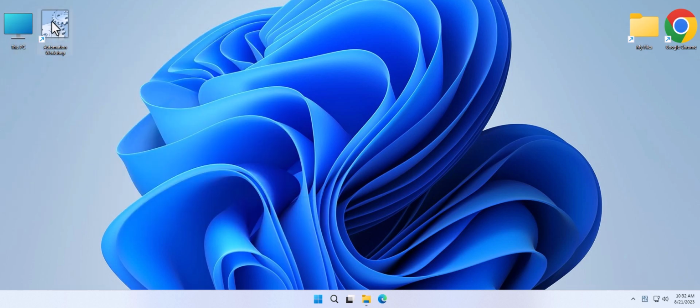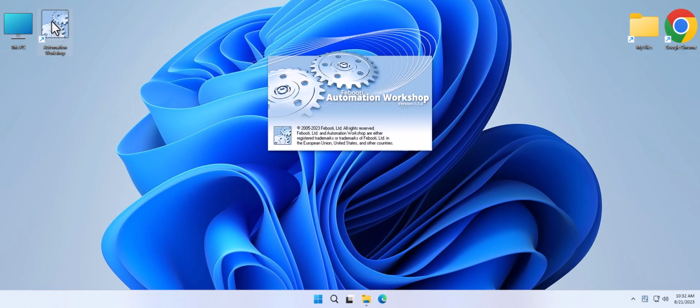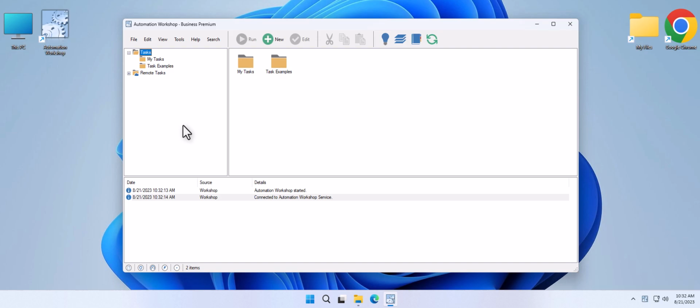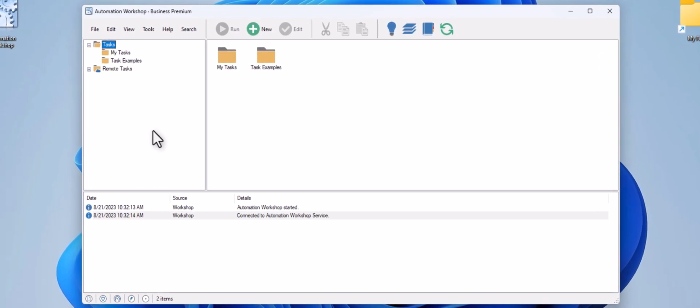Let's launch Automation Workshop. Automation Workshop is a no-code app that allows you to automate various computer tasks on Windows, including text extraction from any file format. Let's start with the creation of an automated task.